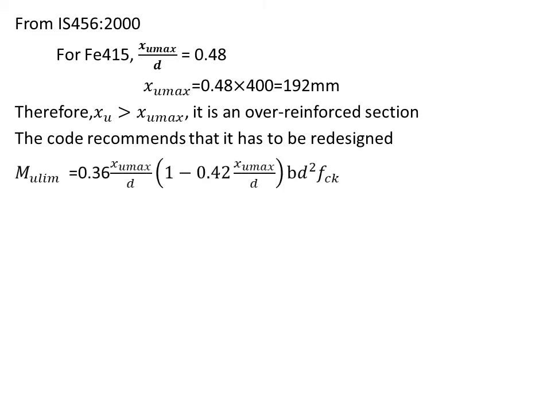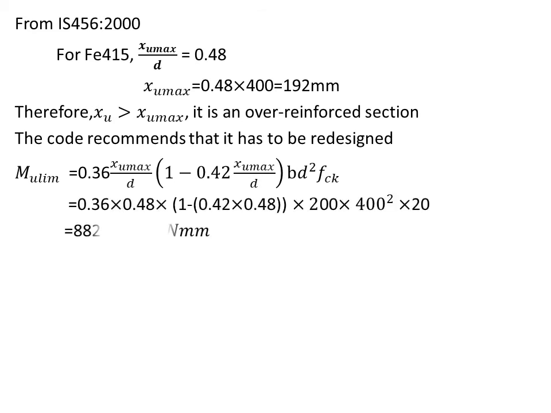So we find the maximum moment of resistance before collapse. We substitute the values and we get 88.296 into 10 raised to 6 Newton mm. Okay, we found Mu limit. Compression failure took place because of the tensile load being more here. So that means we have to